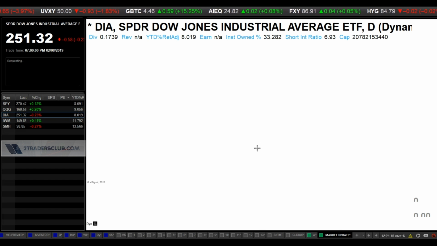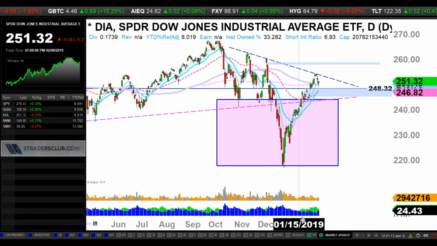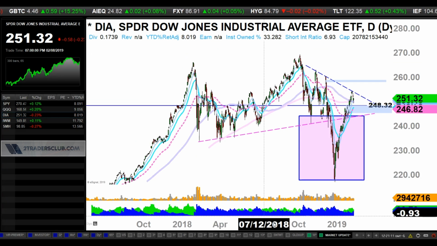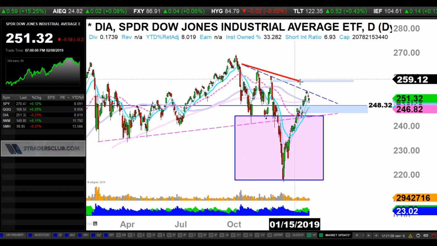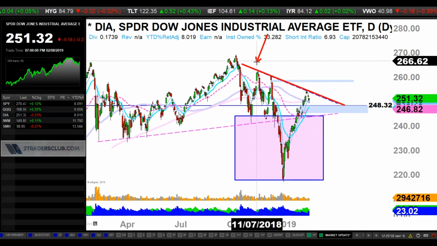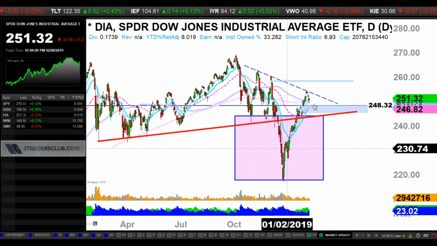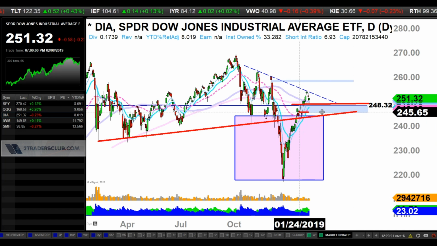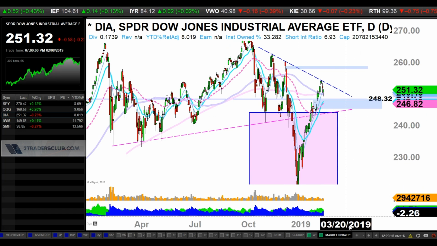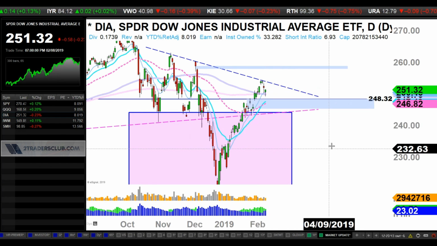Dow Jones Industrial Average, there you go, is currently not able to break above this resistance. Other indices that we just covered, Spider and Qs, were able to clear above this downtrend resistance. Well, Dow is stuck on this downtrend resistance here, and this is a neckline, right? We broke above the neckline. We got these gaps here. We're holding that gap. That's where we saw a little bit of buying earlier today.